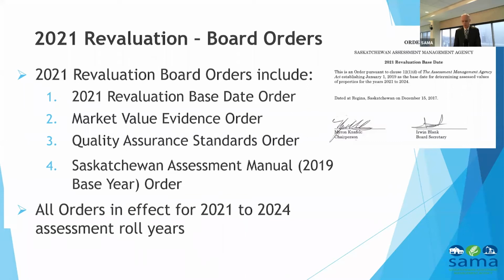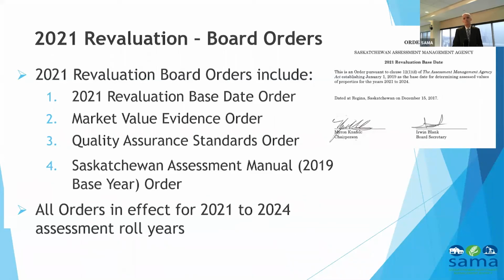Most folks will be familiar with this. It sets the base date, which of course will be January 1 of 2019 for this upcoming 2021 revaluation. And all our valuations are geared towards that point in time. So it's a retrospective value. When the 2021 assessments come out, if property owners are coming and saying, look, my property sold 3 months ago, here was the value, well, unfortunately, we have to value to a point in time,